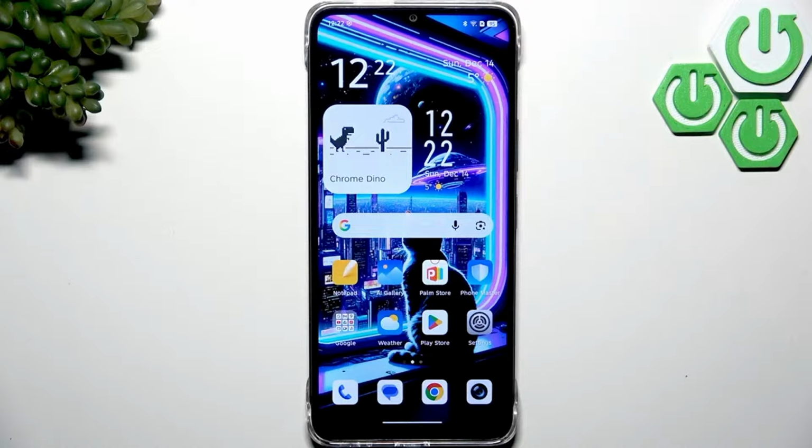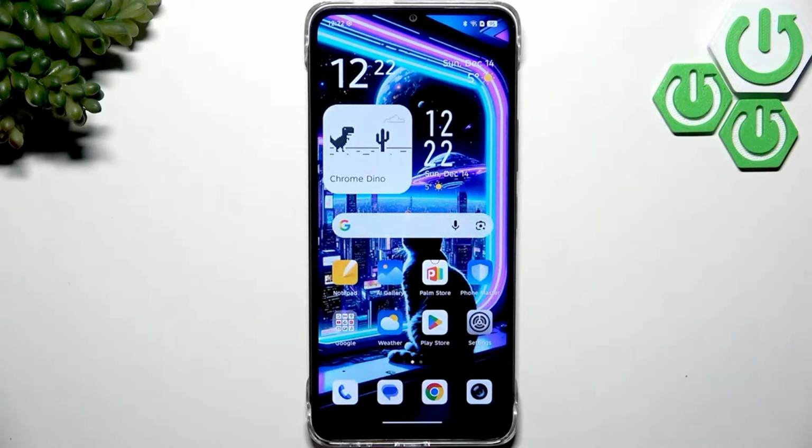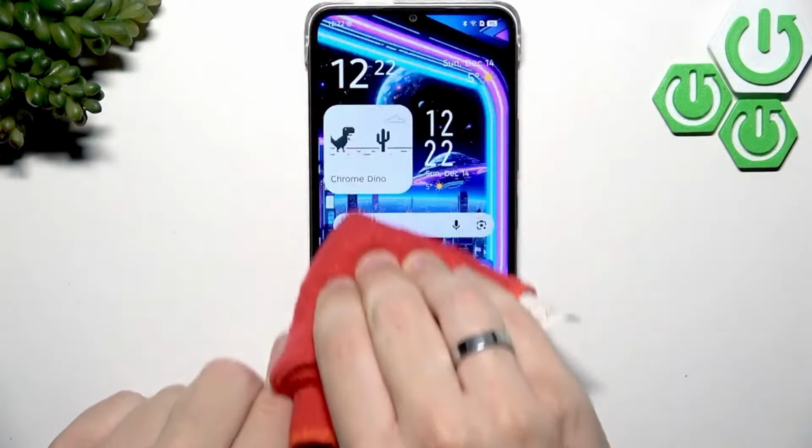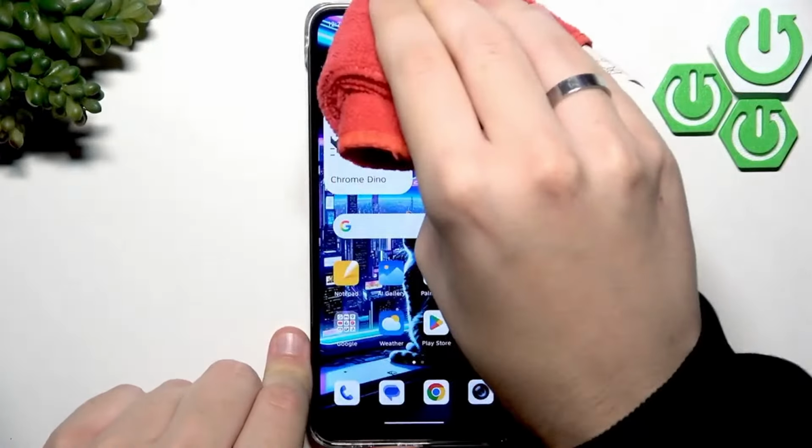So if that's the case, then remove it. And now what you guys can do is clean the screen to remove any debris or moisture. All you need is a microfiber cloth. Now you guys can use it to remove the debris, the moisture, and of course the fingerprints. So give your phone a couple of swipes, 3 or 4 swipes are